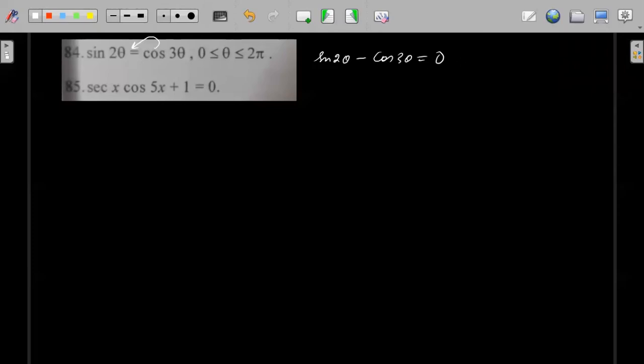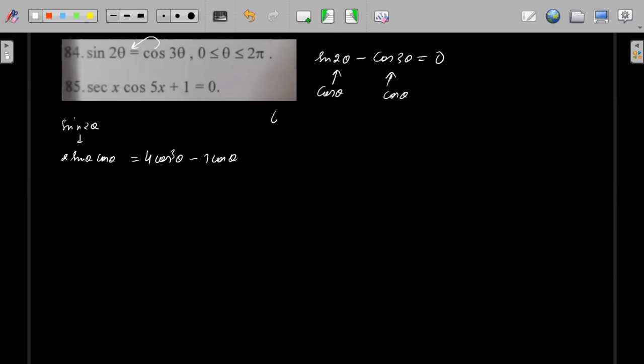Okay. Another thing which I can solve is, see, cos 3 theta will be in terms of cos. Cos will get common out from cos 3 theta. Yes. Sine 2 theta can be converted into 2 sine theta cos theta. So from here I will have a cos theta term common, and here I will have a cos theta term common, right? So let's try to solve in that way. Sine 2 theta I can write as 2 sine theta into cos theta. And this will be equal to cos 3 theta, which becomes 4 cos cube theta minus 3 cos theta, right?